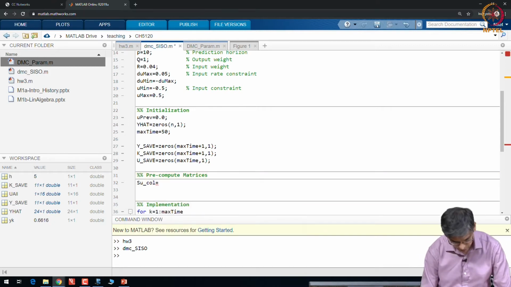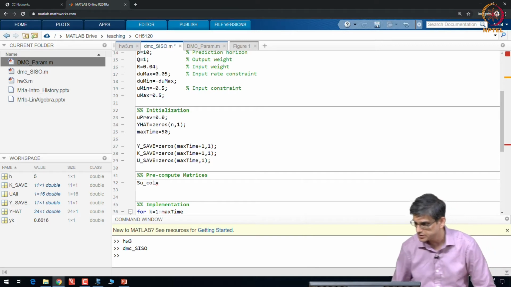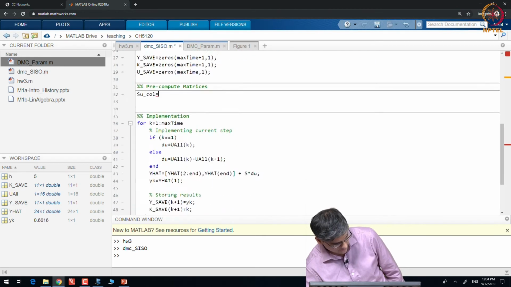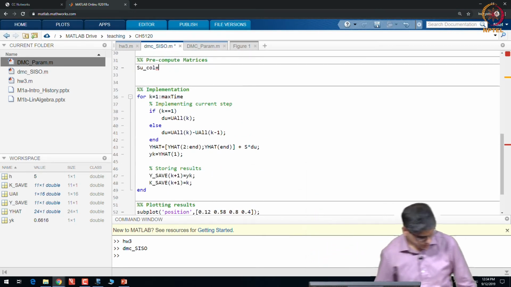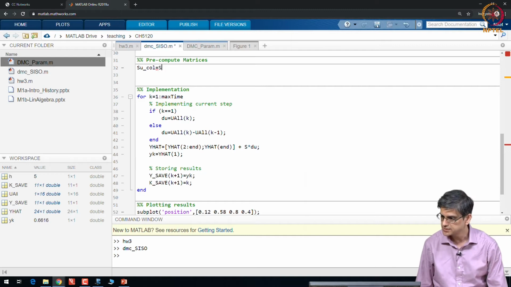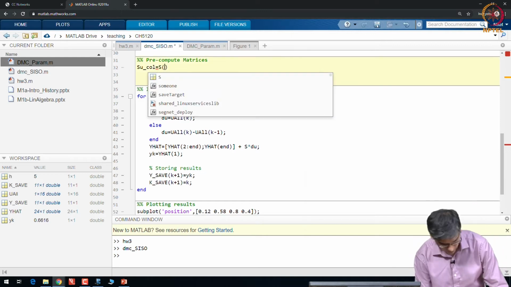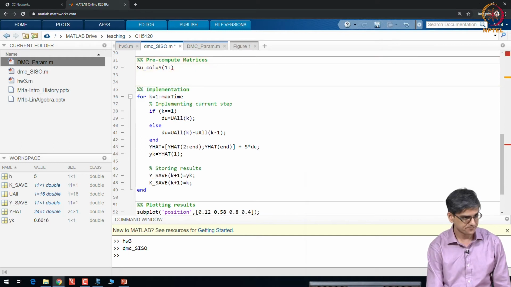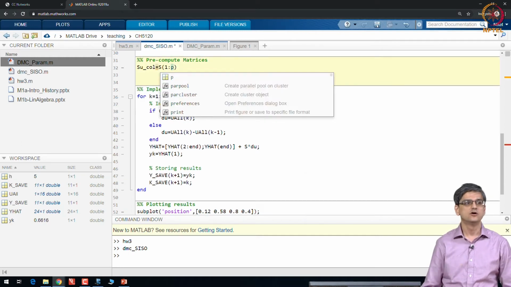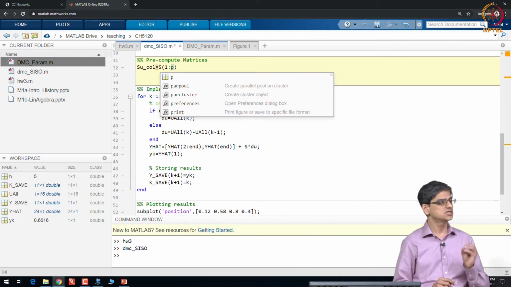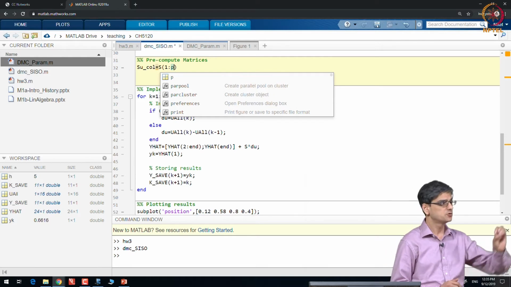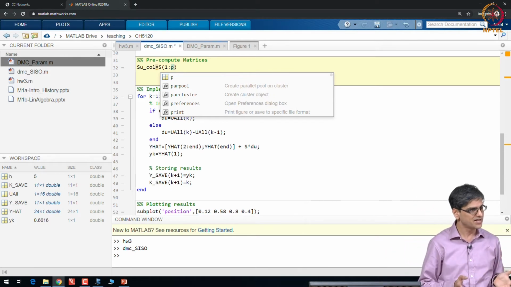That is going to be equal to your step response matrix, I think I called it S, yeah, S. SU call is S going from 1 to P. 1 to P is for SISO. What would it be for MIMO? It is going to be 1 to P multiplied by ny, right.